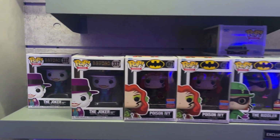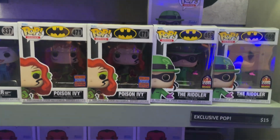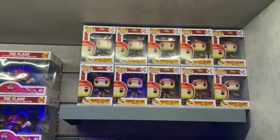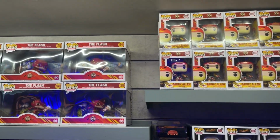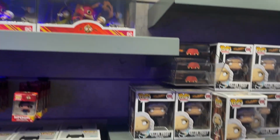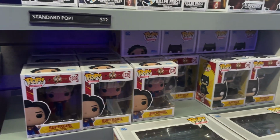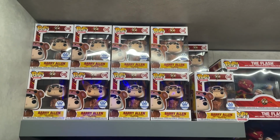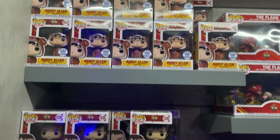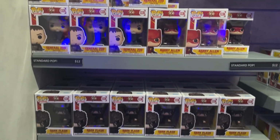We also have Poison Ivy, which is great, along with the original Joker from the 1989 Batman, and then a bunch of new Flash Pops like Barry Allen, Flash with babies, which is a really funny one to see. Now that we've seen the movie, we kind of understand more about that. Some of the Flash TV ones, Supergirl, Batman over there too. We have the Barry Allen in Robe, which is a Funko Shop exclusive, General Zod, another Barry Allen there, and